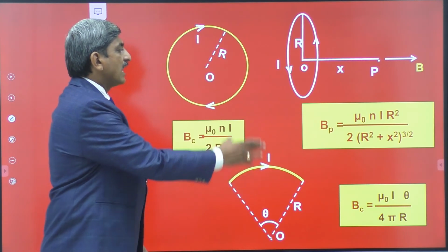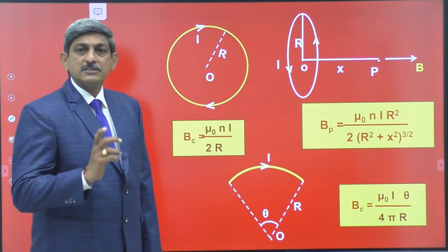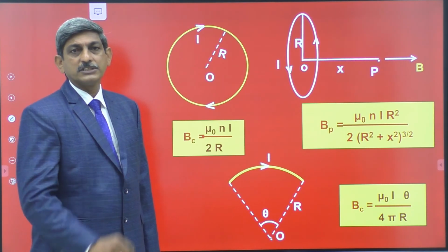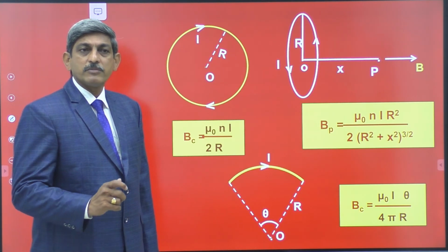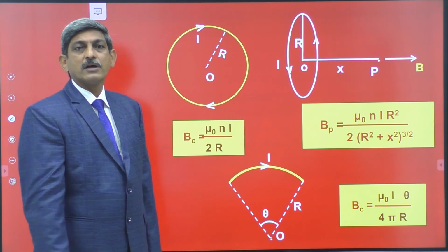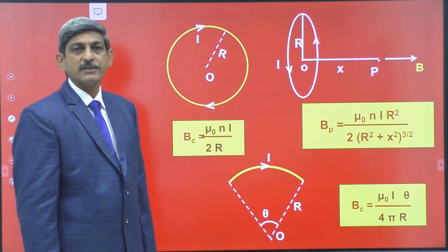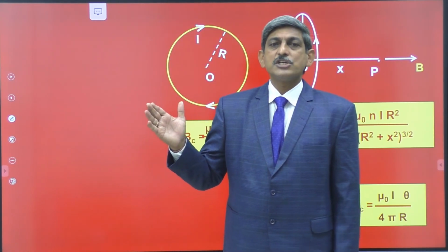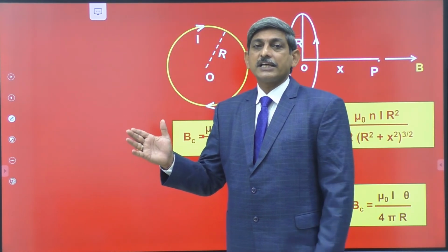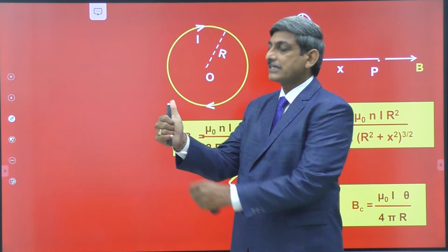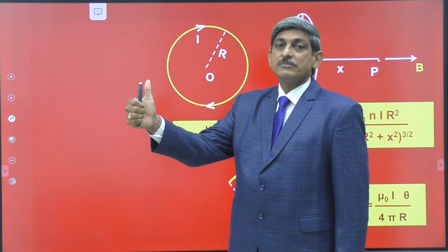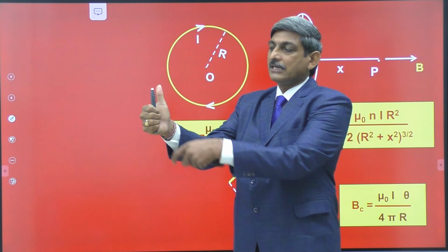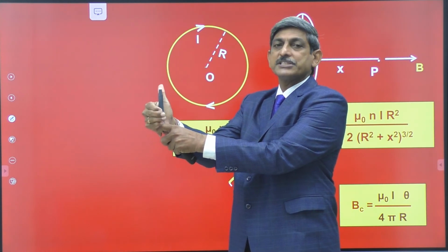Okay. Now, in all these cases, we studied the formulas to determine the strength of the magnetic field. But you know that magnetic field is a vector quantity. That's why, while solving the problems, we have to decide the direction of the magnetic field also. How to decide the direction of the magnetic field? For that, let us take your right hand. Let us assume that the current carrying conductor is held in your right hand like this, such that the thumb is opened in the direction of the current passing through the conductor. Then the curling fingers give the direction of the magnetic field.